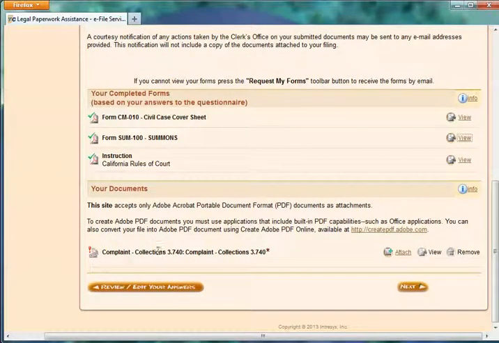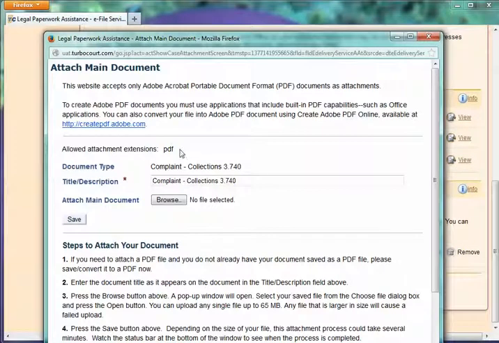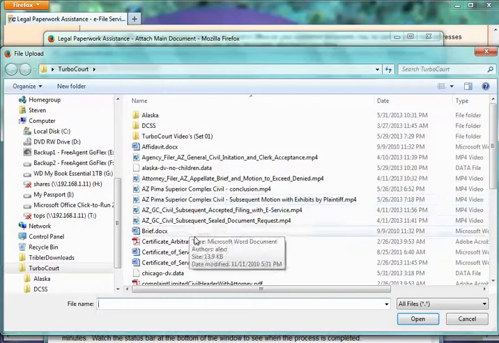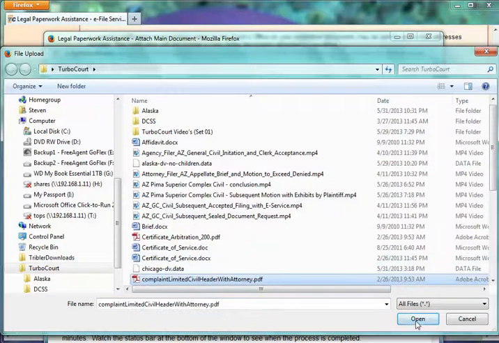And of course you have your lead document that you said you're going to be attaching, and so we need to attach that. This is a document you would have prepared yourself, so I click Attach. It must be a PDF. It's already been predefined as a document type that'll go directly into the court system. It's given a default name, but you can override or add to that name if you'd like to. And I simply click Browse, attach the PDF that I've created,